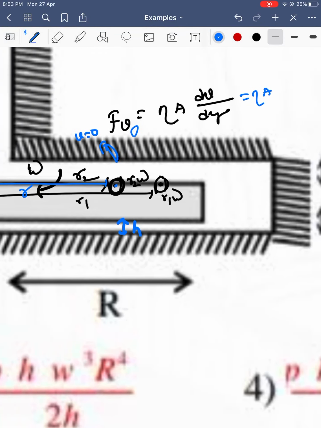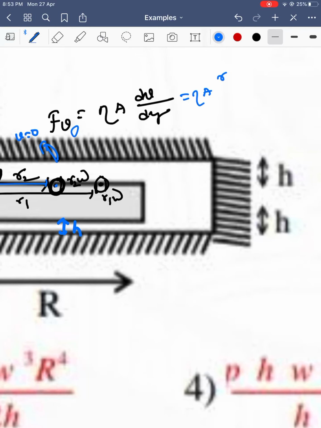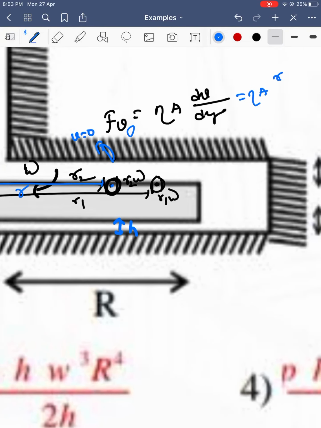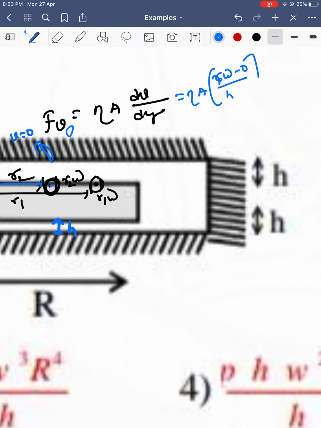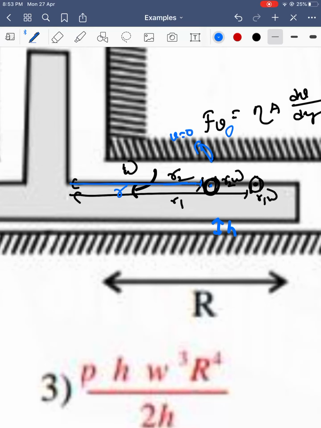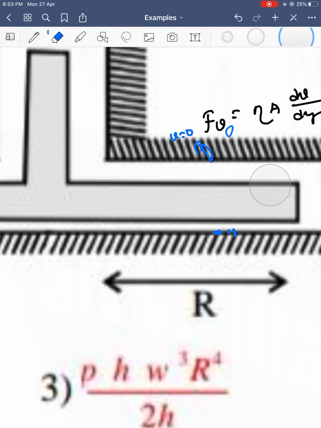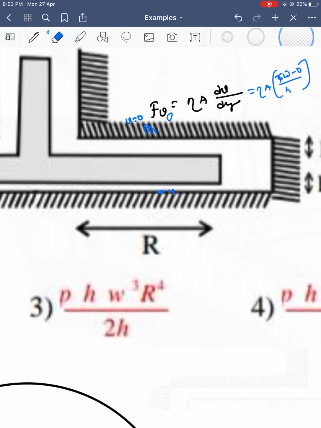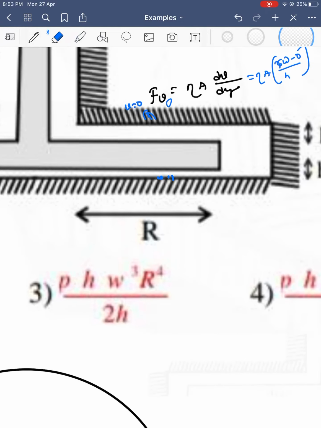Just keep it as area, and velocity V is equal to what? At position P it is r_p omega minus 0, divided by how much is the height? h. But r is varying, right? R is varying from position to position. What about viscous force? Viscous force will also vary from position to position. So I cannot directly take the viscous force. To get the viscous force, I should do integration.